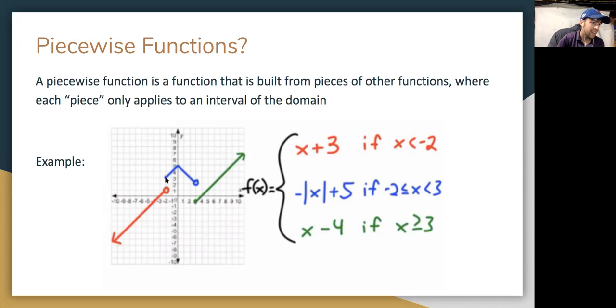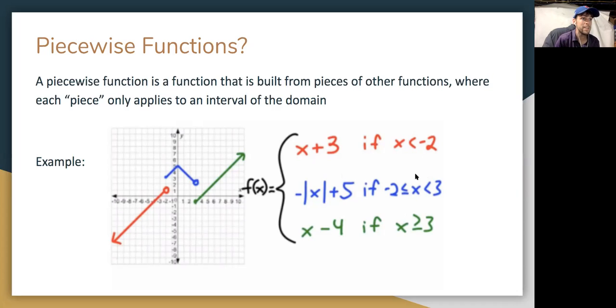Notice how we got a closed dot there because we are including when x is -2, whereas we had an open dot right here because for this piece we weren't including when x was -2. And then we have our final piece if x is greater than or equal to 3. So we have, again, a closed dot because we are including that particular endpoint, and it goes on forever. So a piecewise function is just a function that's built of multiple other functions as pieces, and they